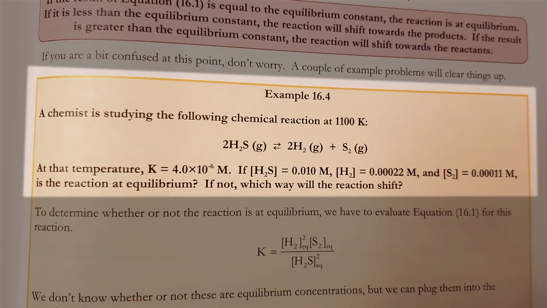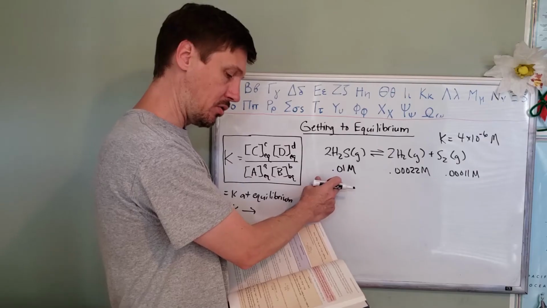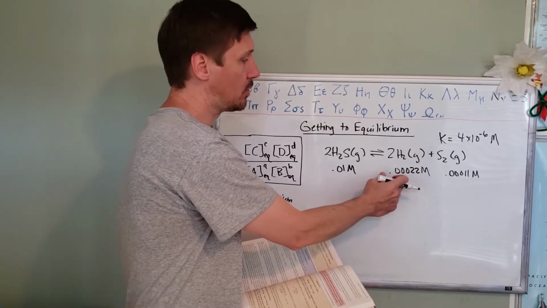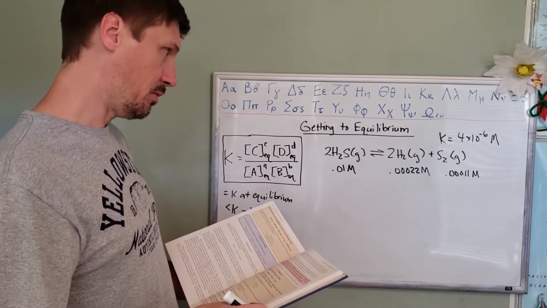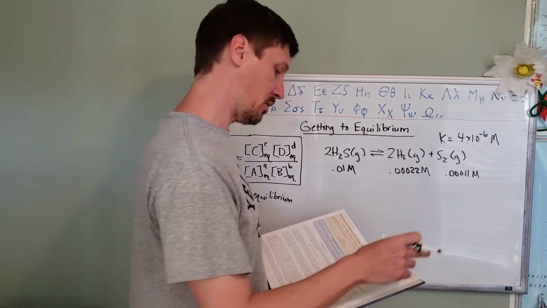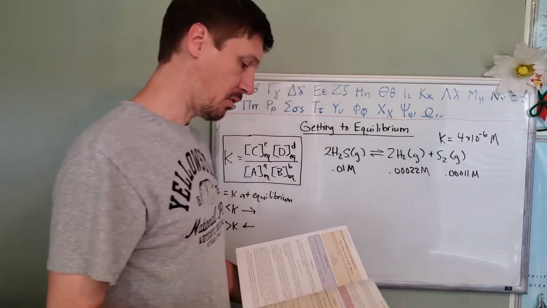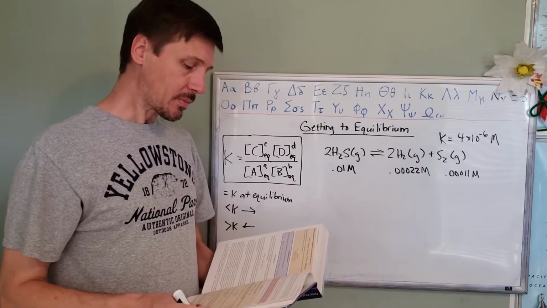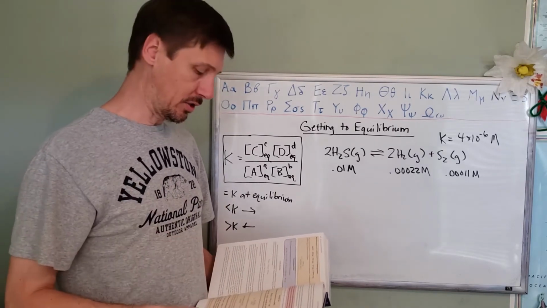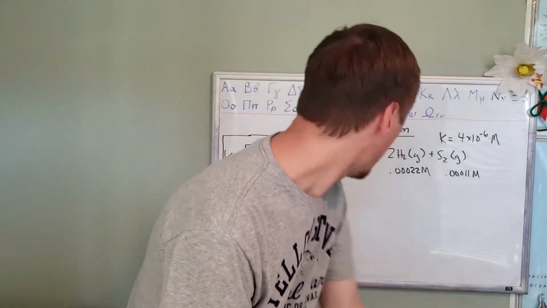If the concentration of H2S equals 0.01 molarity, and the concentration of H2 equals 0.0022 molarity, and the concentration of S2 equals 0.00011 molarity, is the reaction at equilibrium? And if not, which way will the reaction shift? Okay, so let's figure out